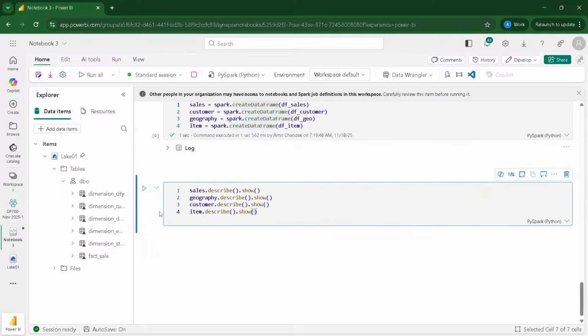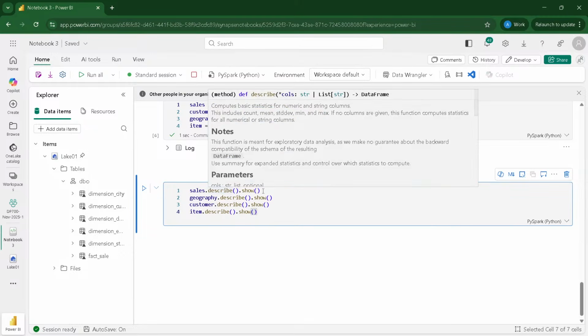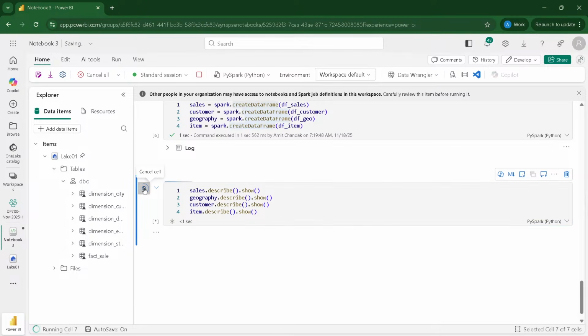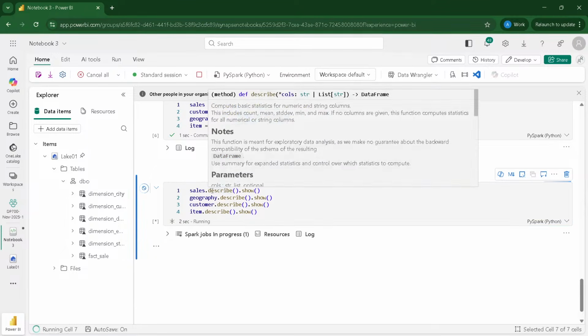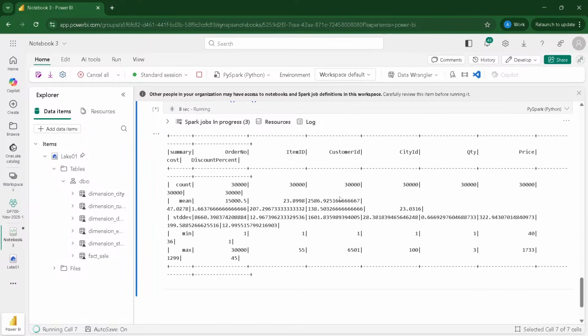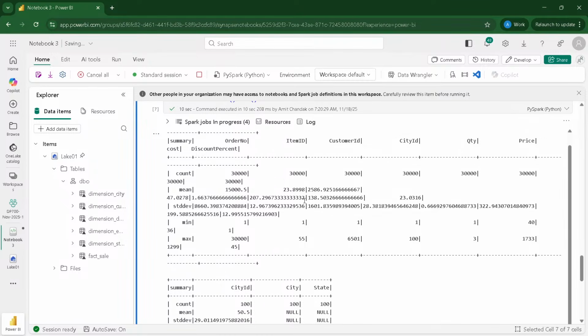Not going to make any difference, but there are various functions. One of the functions you are looking at is describe, and once we describe it, it's going to give us data which we want to show, so we are going to use the show function. So another function to display the result is show. Let's understand what it gives, and then I'll explain. There are 2 functions which give you a little stats about your data. One of the